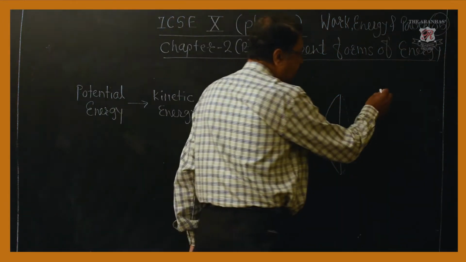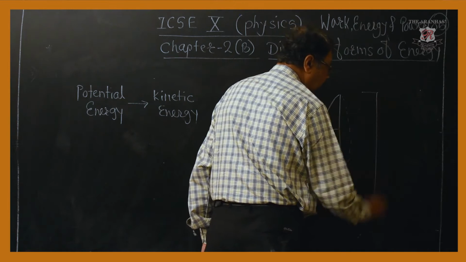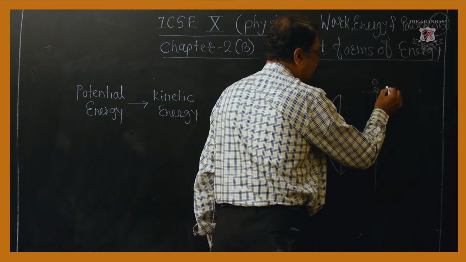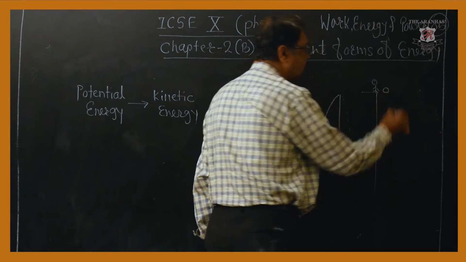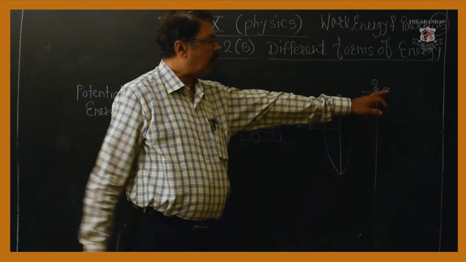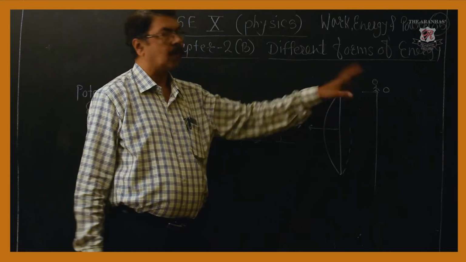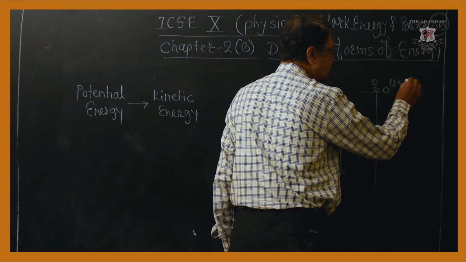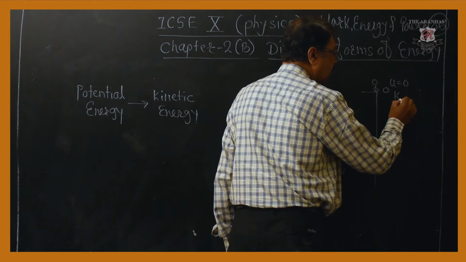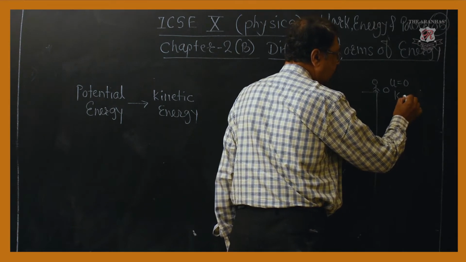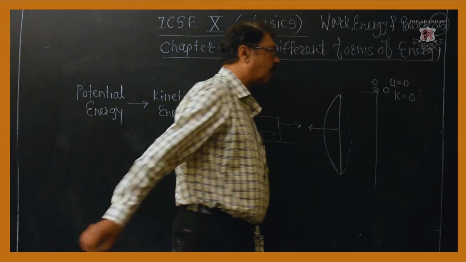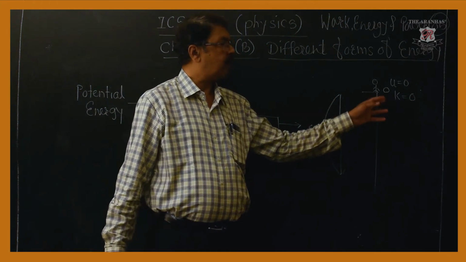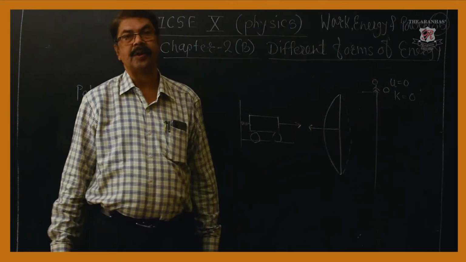You can take the example of, say, a building. A boy is standing on top of a building and he has a stone in his hand. Now at this point, the stone is stationary. So initial velocity is 0. Therefore, kinetic energy K equals 0. We know the formula for kinetic energy, half mu square. If u is 0, kinetic energy will be 0.